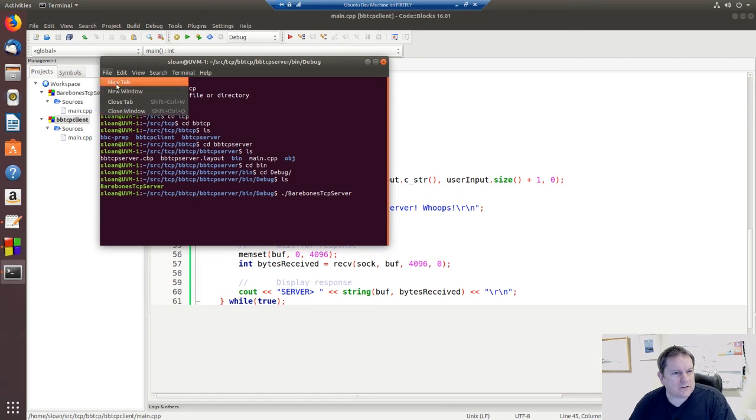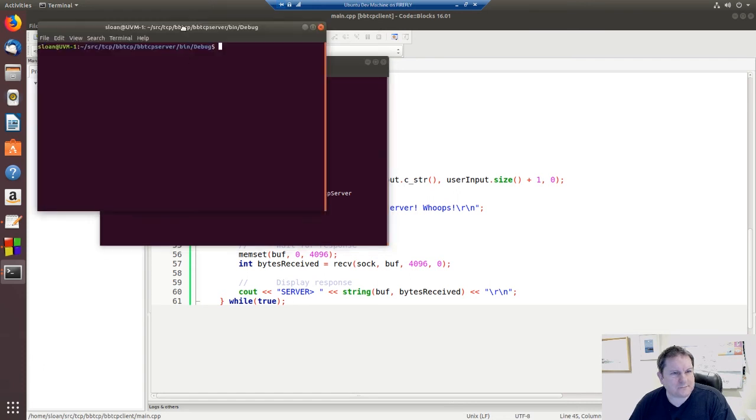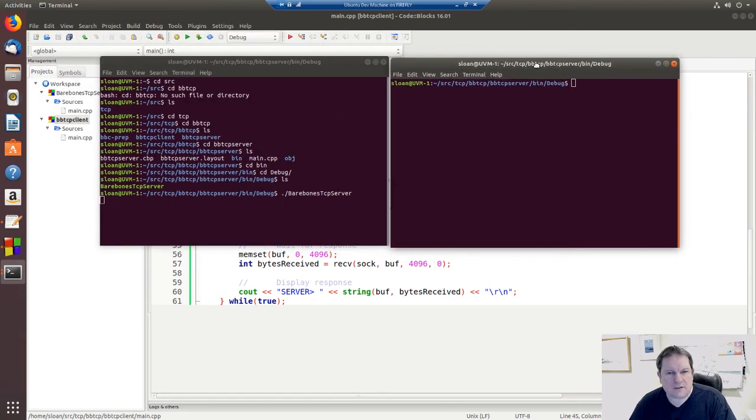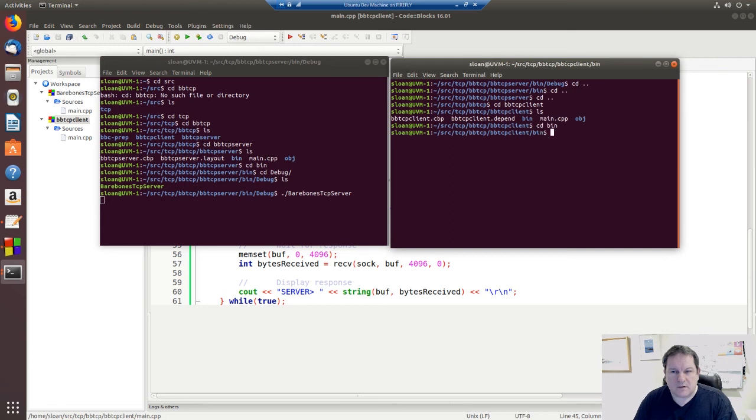And so now if I go to window, new window, and I have these side by side, I can go back to that, back to that, back to that, and then I can go to barebones TCP client, bin, debug. Okay, so it did compile, despite the fact that there's no UI there. It did actually compile. So I'm going to run this program now, bb TCP